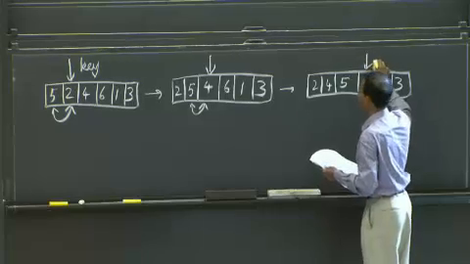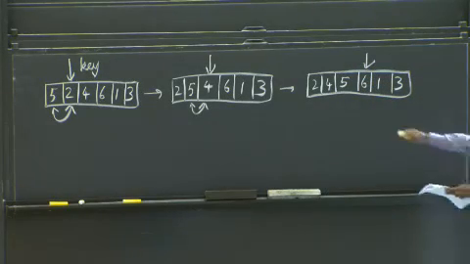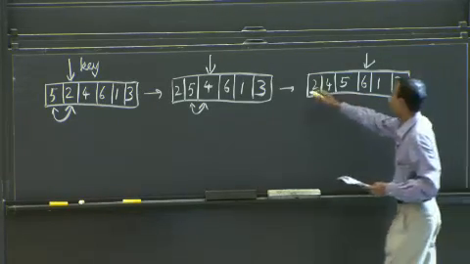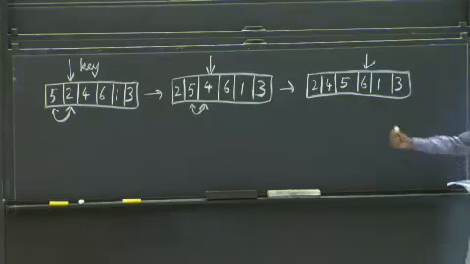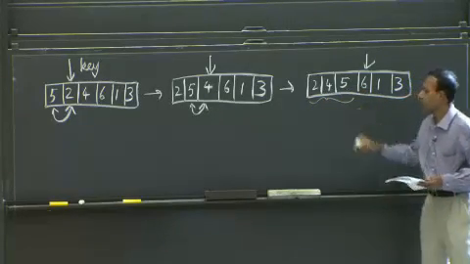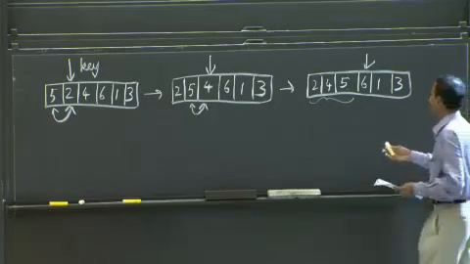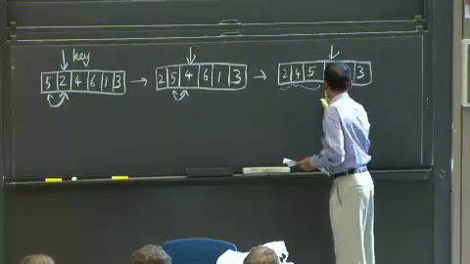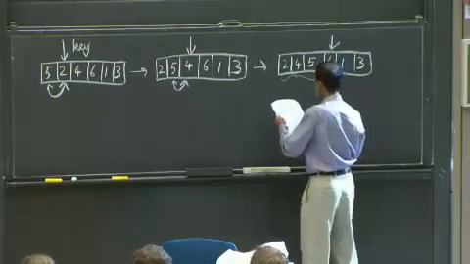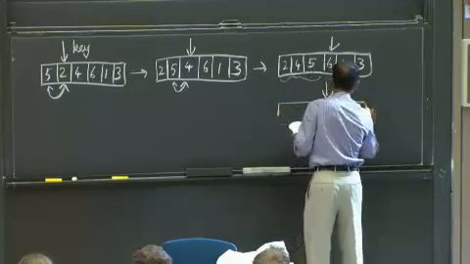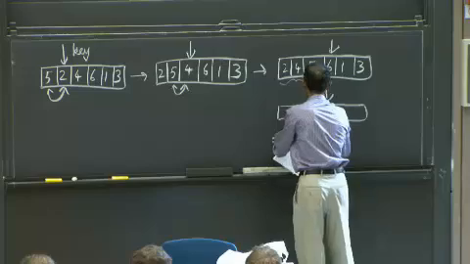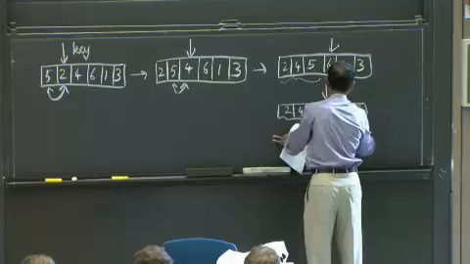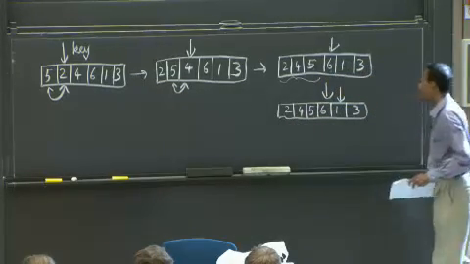And now the key is over here at 6. At this point, things are kind of easy, in the sense that you look at it and you say, well, I know that this part is already sorted. 6 is greater than 5, so you have to do nothing. There are no swaps that happen in this step. All that happens here is you move the key one step to the right. So you have 2, 4, 5, 6, 1, 3, and your key is now at 1.